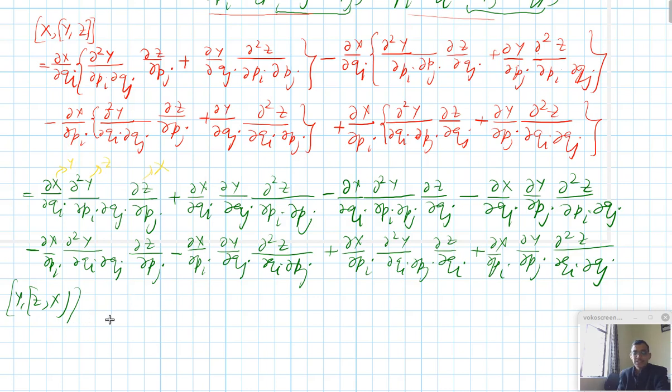Similarly, for zxy, I will replace this x with z, then y with x and z with y, right, zxy. So I will use this pattern for this, and then the rest of the i and j will remain as is. So if I do this little algebra, then I can write an expression for this as,